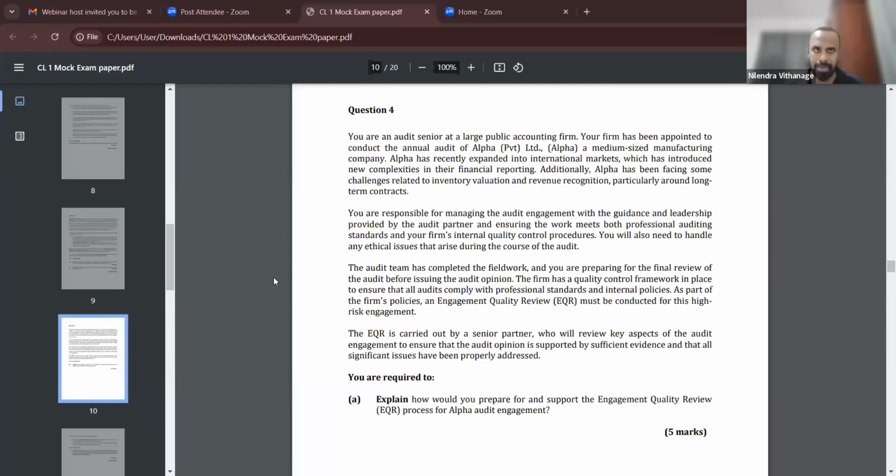Number one, documentation complete. Number 2, key audit findings should be presented to the quality review partner. Any inquiries of the quality review partner, you have to analyze and respond, and then get the signing of the quality review partner. So proper review will be ensured like that. Summarize the documentation, and the quality review partner's queries should be addressed. And if you found any significant matters during the audit, they should be presented to him.